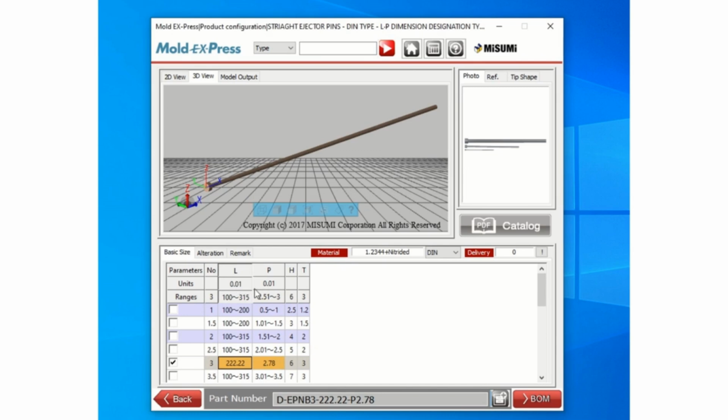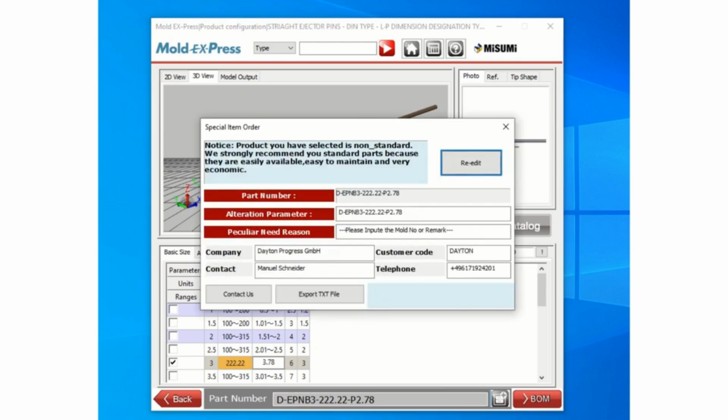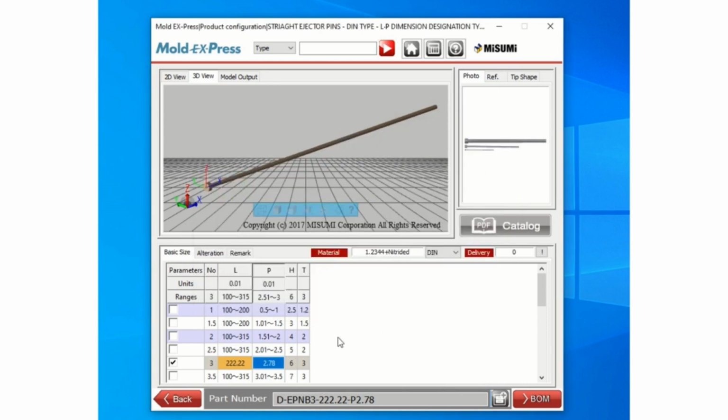In our case, it's possible in 0.01 millimeter steps. In case your configuration is incorrect for any reason, Mold-Ex-Press will reply that the selected part number is out of standard and you have to re-edit. Once you click the re-edit button, the configuration automatically jumps back to your last valid configuration. So in our case, it's